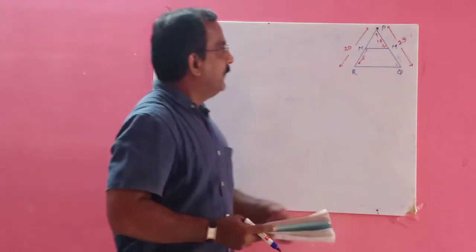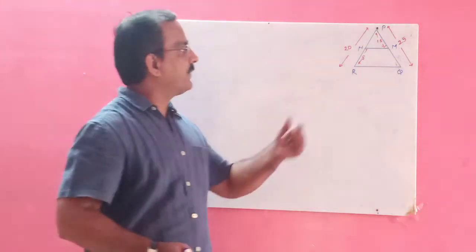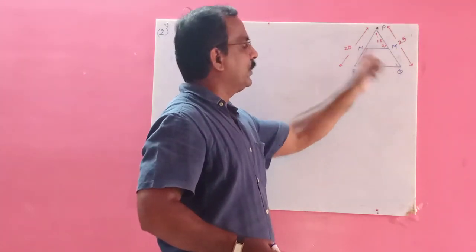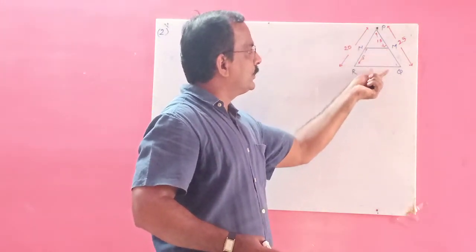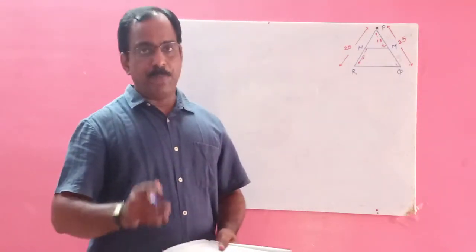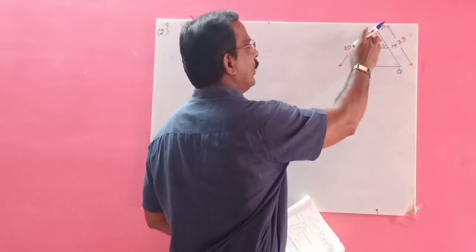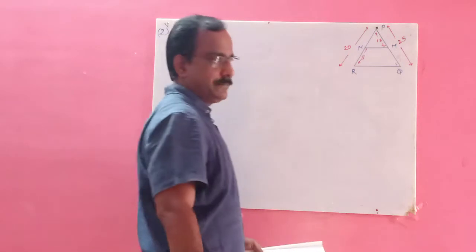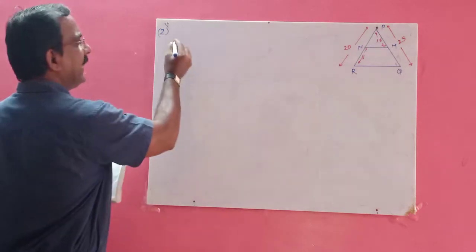So children, we have started with BPT and converse of BPT. In converse of BPT, you have seen that these two lines are parallel when these ratios are equal. So to prove whether it is parallel or not, we will apply converse of BPT. For that, we should have this segment as well as this segment, which is not given. Here also, this segment and this segment are not given. So first we will find out this part and this part. How will you write that one?